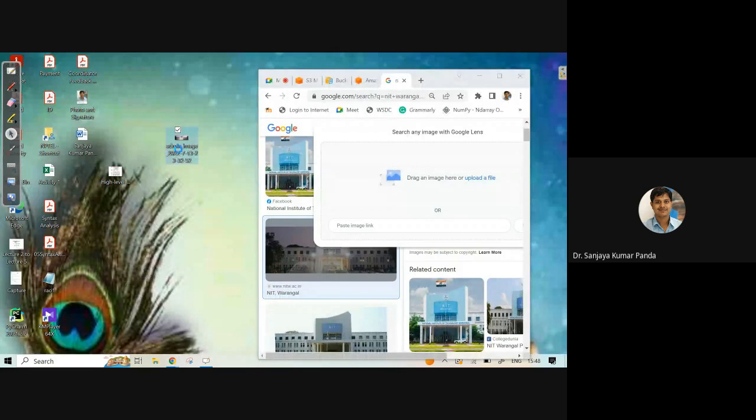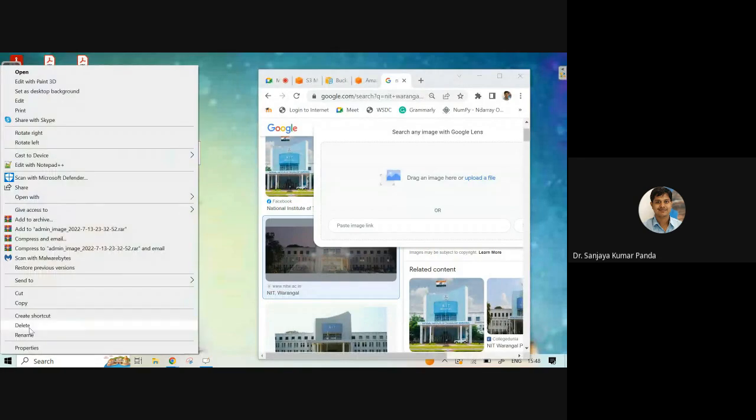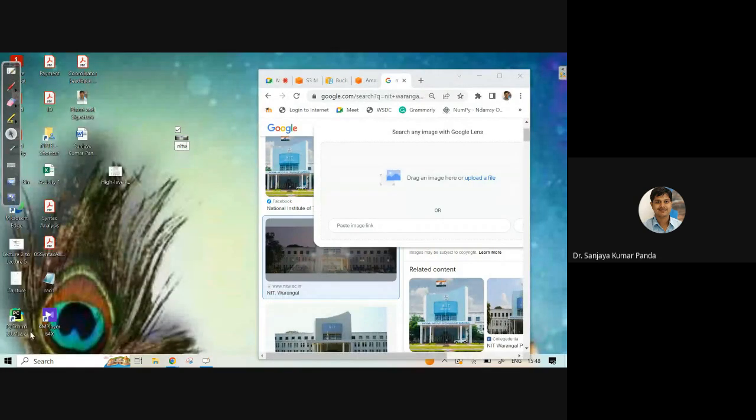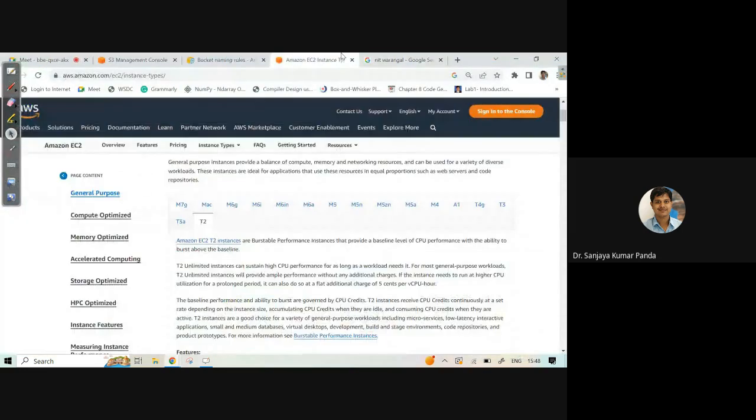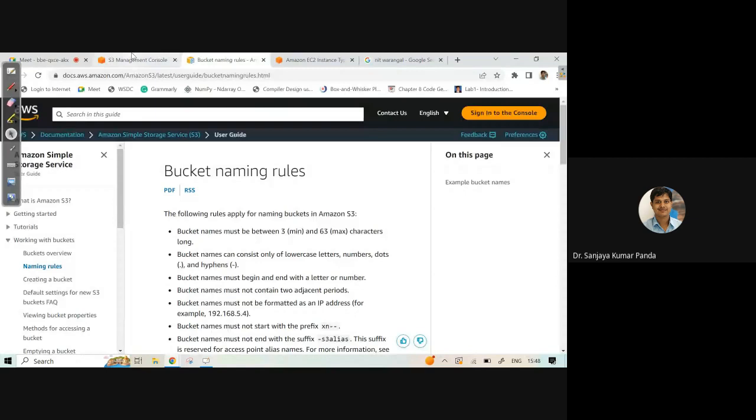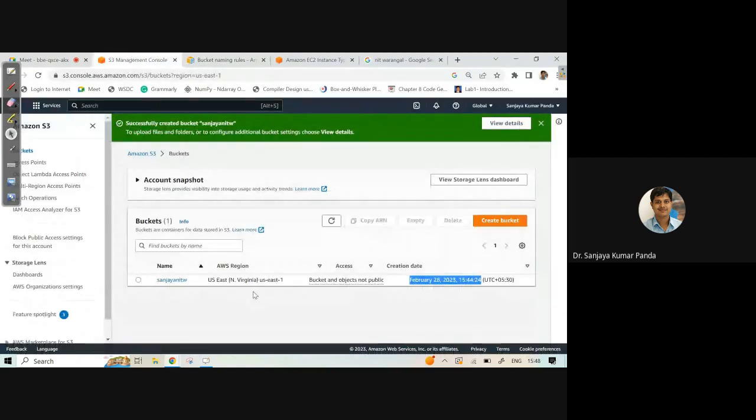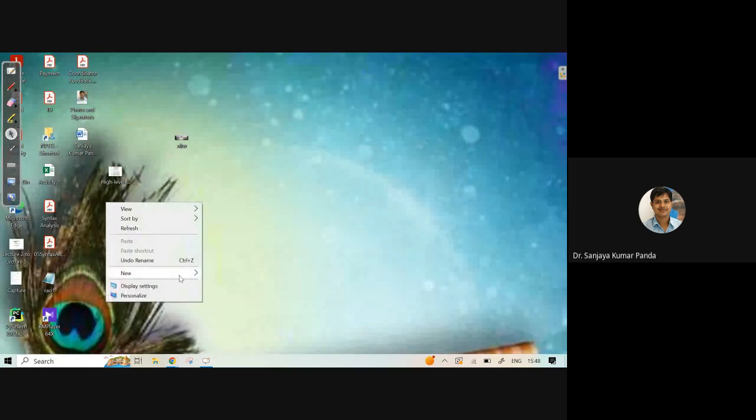Let me rename this image as NITW. You can drag any image, or if it is available in your laptop or desktop, that is fine. Let me also create one text document.